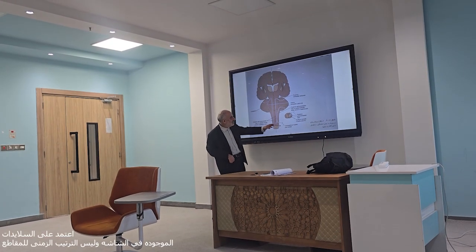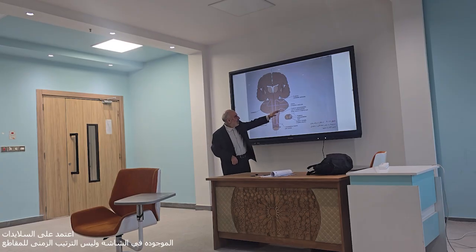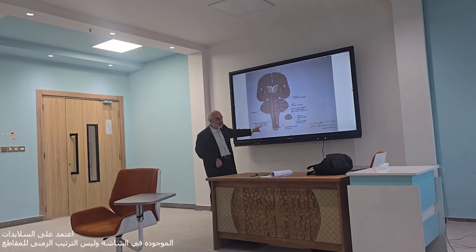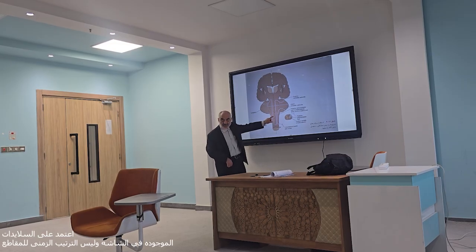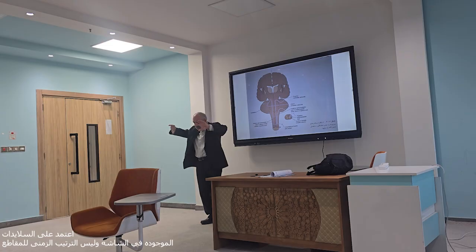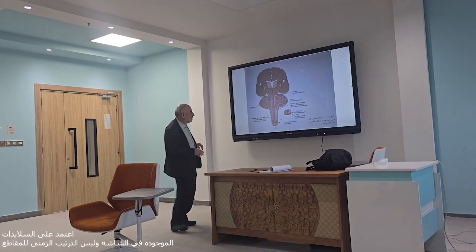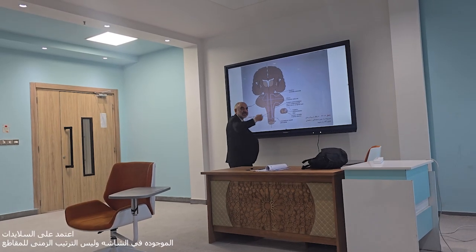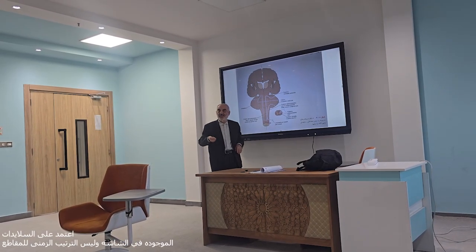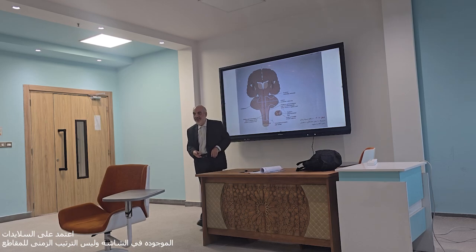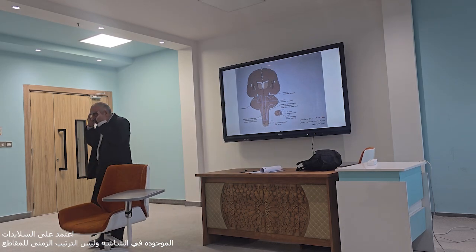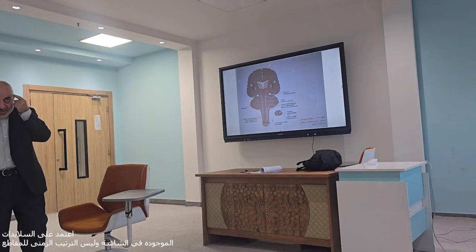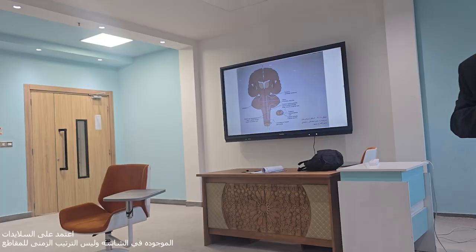And as you see here, this is the pathway. There is the anterior spinocerebellar and the posterior spinocerebellar pathway. It sends information to the cerebellum in order to make the cerebellum aware of the act, of the exercise, of the movement. So at all times, the cerebellum is aware of the movement. This is very important.